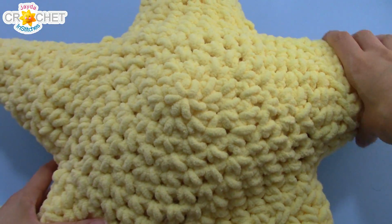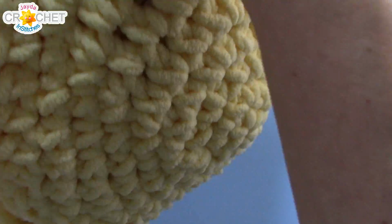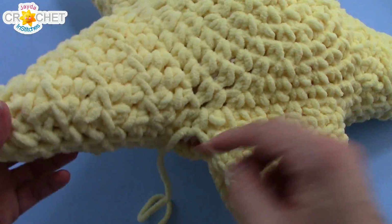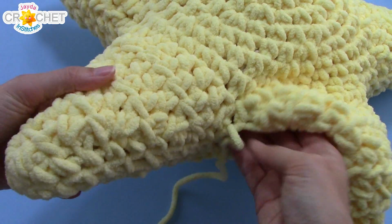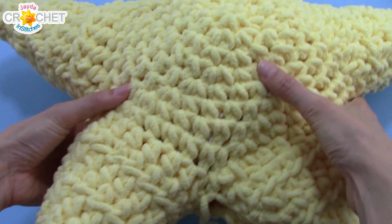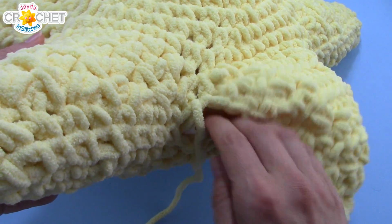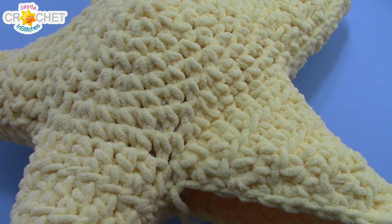Alright, I stuffed all 3 points of my star plus the middle, and I kept flipping it over to make sure it was nice and even on both sides. Then I stitched up the inside of that second last star point, and I reached around from in here and I stuffed that point completely. I added some more stuffing to the middle of both sides, and now I'm going to slowly stuff the inside of my last star point,